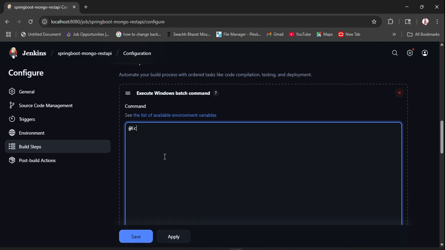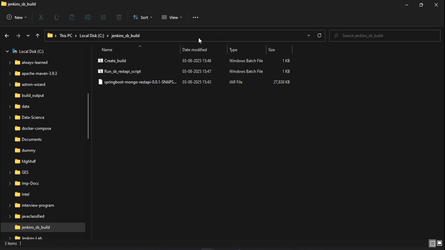We just need to add one more thing, echo on. In here we are going to define set script path. In the script path we are going to copy this path and slash create script path, copying this